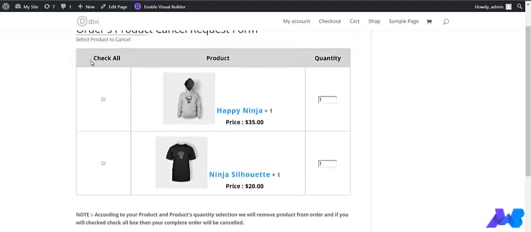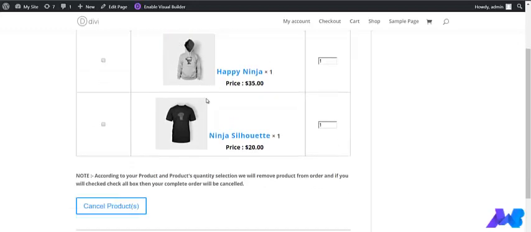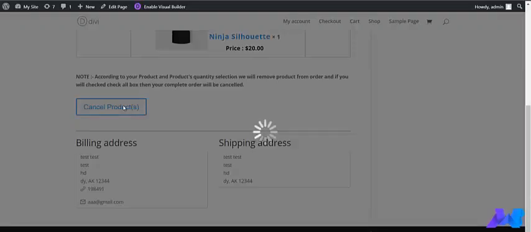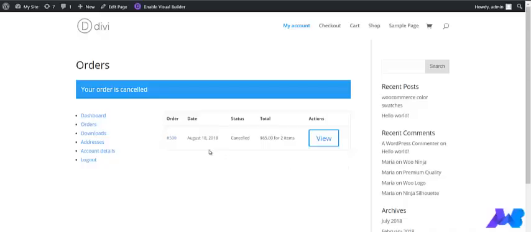So if I click on check all, by default all the products are going to be selected that are going to be cancelled. And after that, when you click on cancel product, okay, so the order status is cancelled because we have cancelled the whole order.